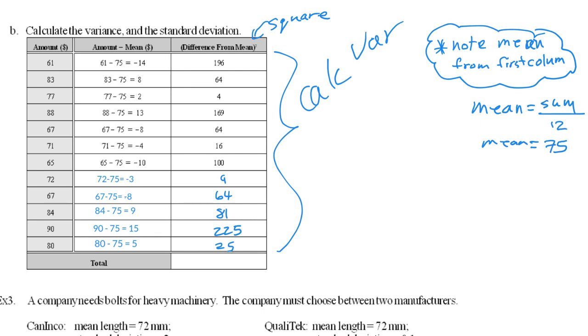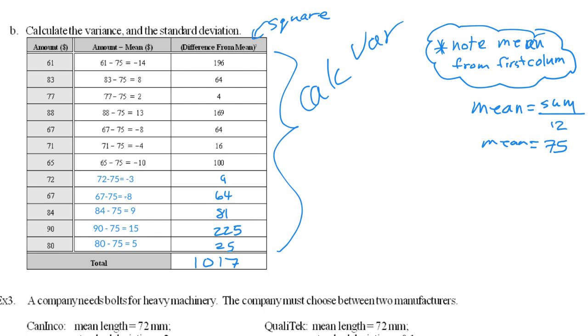So you'll notice that -3 squared gives us 9, -8 squared is 64. So if you ever have a negative sign in this column, you know you've done something wrong. Just drop the minus sign. And then here's what we do. We total up all those numbers in this column, and we get our answer here. So we end up with